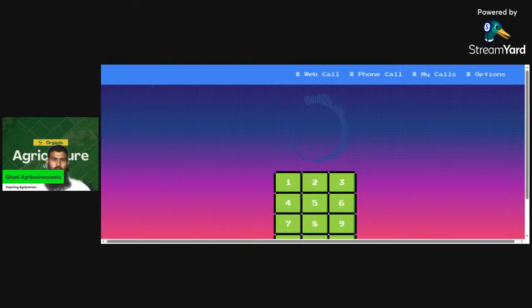So can asking why multiple times help find the root cause? Absolutely. Asking why multiple times is like having a superpower when it comes to problem solving. It's a technique called the 5 whys, and it's super effective for digging beneath the surface and uncovering the root cause. I mentioned that earlier, remember?